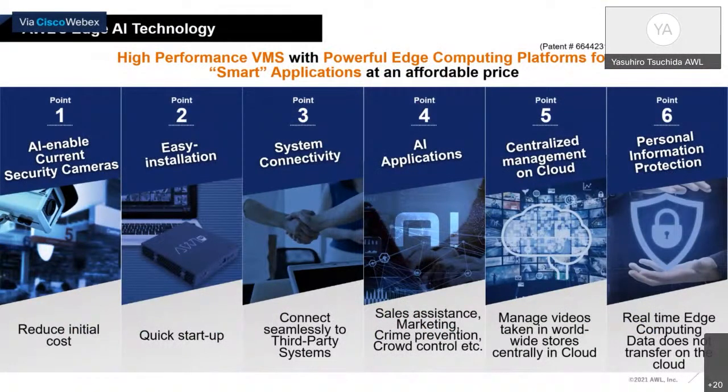The technology we are developing is Edge AI technology. Our software will be installed on a small edge box called the AWL box. The edge box has two functionalities. The first is to preserve video data from CCTV cameras installed in actual retail shops. And the second is to analyze the stored video data with deep neural network-based computer vision technology.